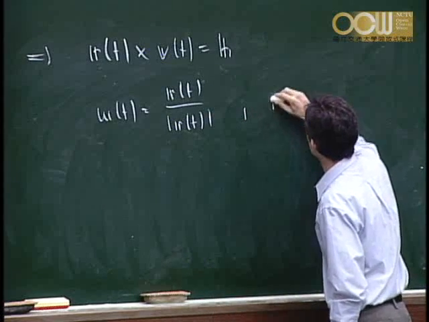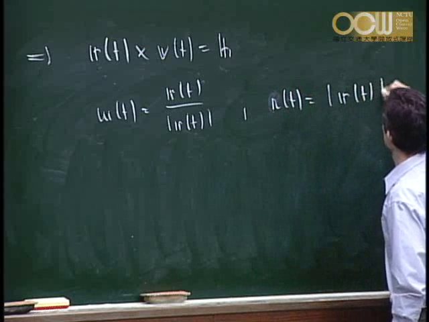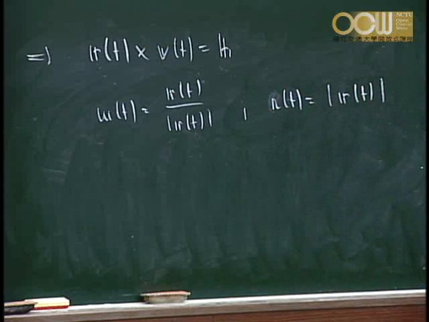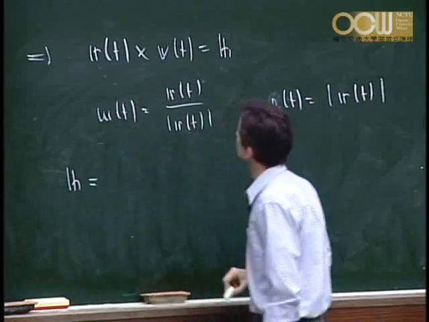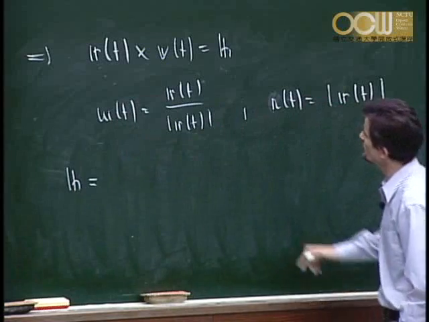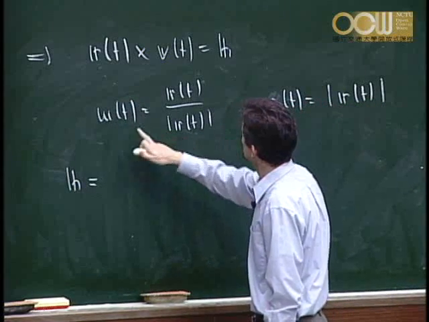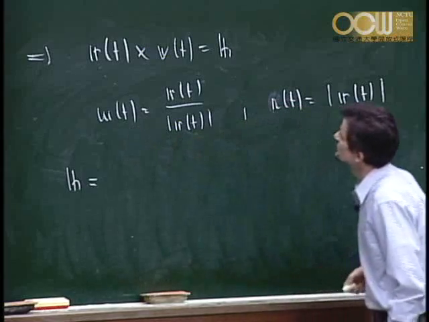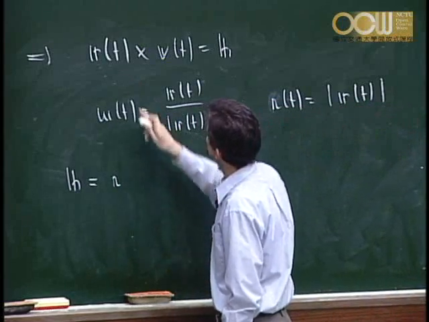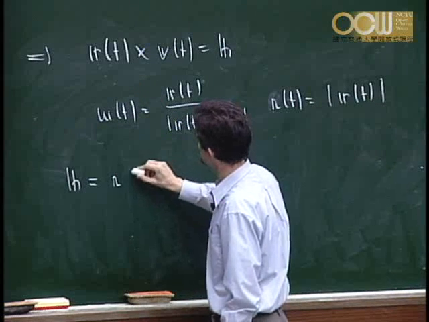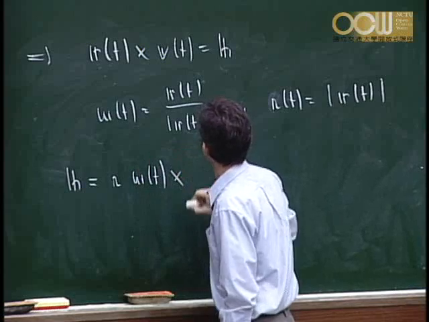So r of t is this length here. Now we want to express everything in terms of u of t, so we can write h is equal to r times u of t times